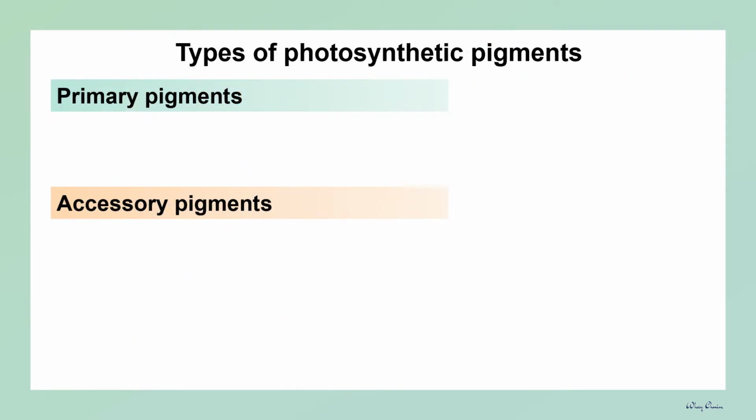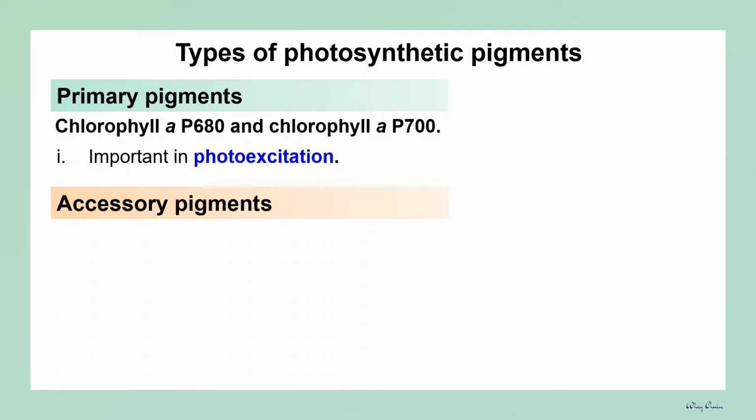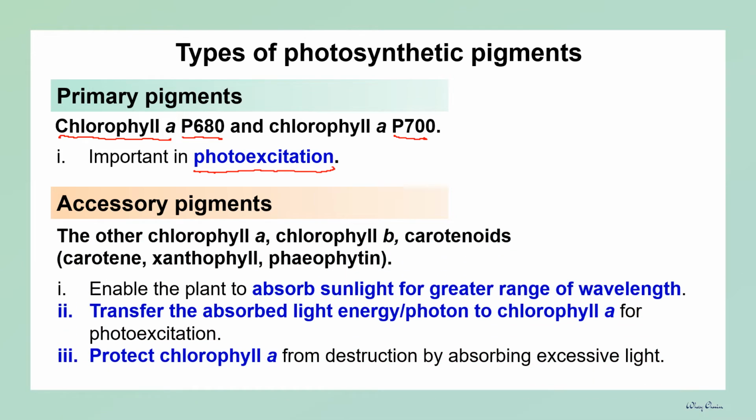There are two types of photosynthetic pigments, which are primary pigments and accessory pigments. Primary pigments consist of chlorophyll A, which has two types, Photosystem 680 and Photosystem 700. Both are important in the light-dependent reaction process called photoexcitation. The primary pigments are helped by accessory pigments, which consist of chlorophyll B, carotenoids, which include carotene, xanthophyll, and